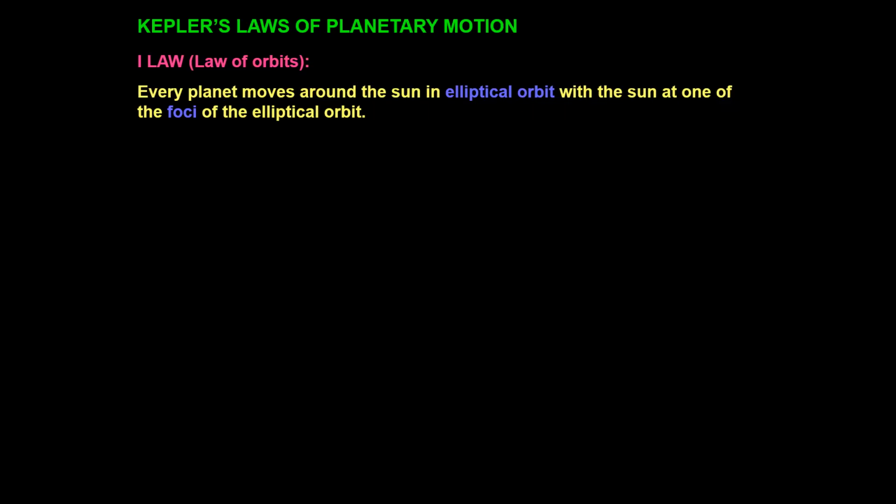Which means any object revolving in the circle. Suppose you take a small ball and you tie that ball to a rope. Now rotate that ball, keeping the other side of the string in your hand. Rotate the ball in circular motion. Where will be the center of focus? Where will be the center of focus of the ball?